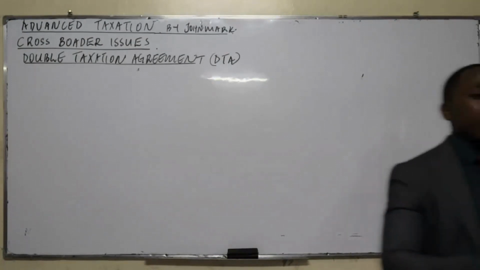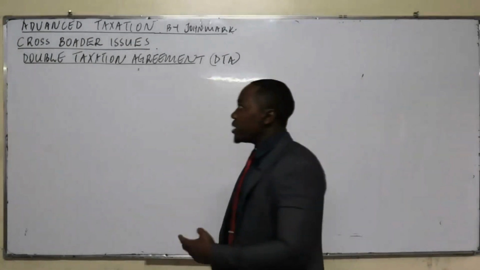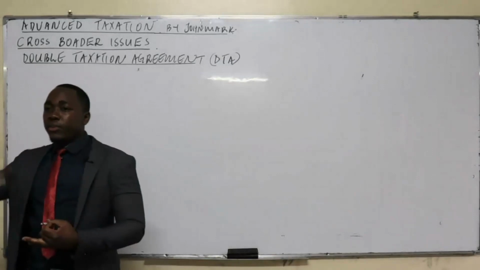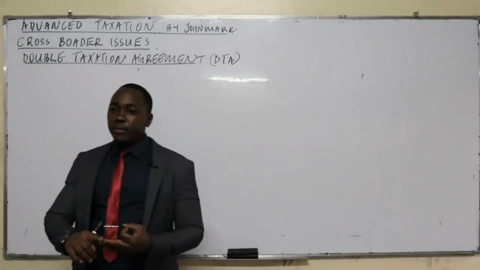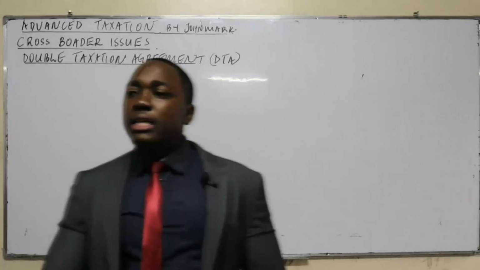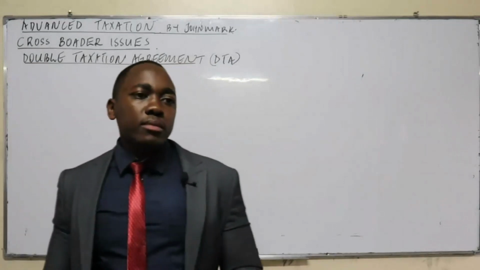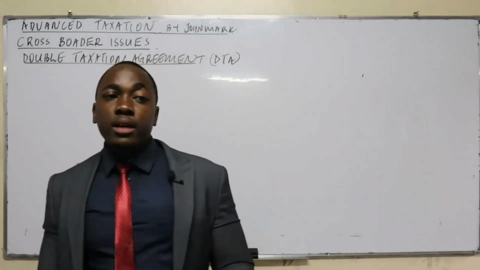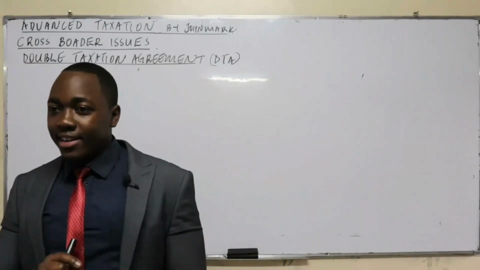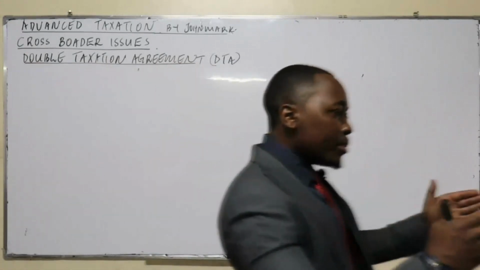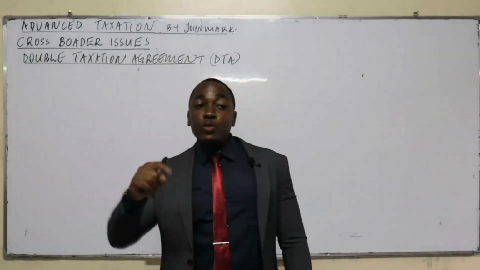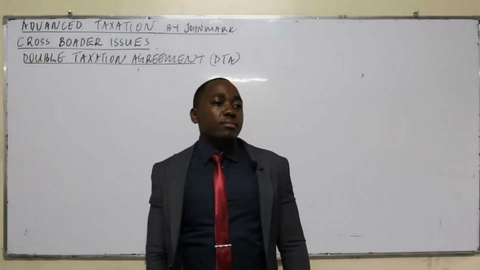It's very simple, and this is actually a very common question. How to determine the double tax relief? Step number 1, determine the income earned in Kenya, then the income earned in the foreign country. Step number 3, you just add the two to get the total income for the year. Once you get the total income, determine the total tax liability on that total income. Then compute the tax liability on income earned in Kenya alone. The difference between the total tax liability on the total income and the tax liability on income earned in Kenya will be deemed to be the tax on the foreign income.